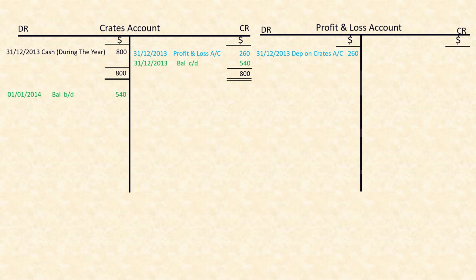In this case, we are being told that crates in the year ended 31st December 2014 were bought. The company bought in the year 2014 crates amounting to $320. So that is what you need to add here. So you add $320 here. And then what else? If you look at the other information, they are saying that the estimated value of all crates in hand as at 31st December 2014 amounted to